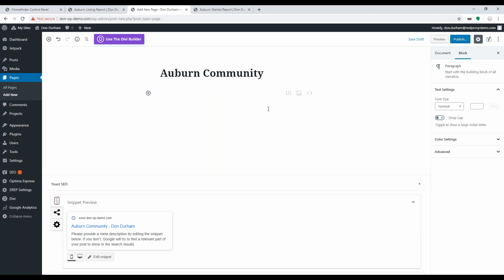IDX content is embedded within the page. Absolutely, yes. This is definitely a better SEO route if you want to add content-based SEO and to have more control over the page. So what I'm going to do first is go ahead and add the shortcode,